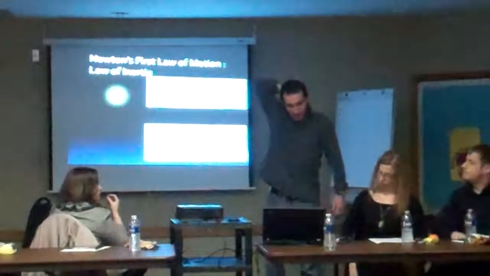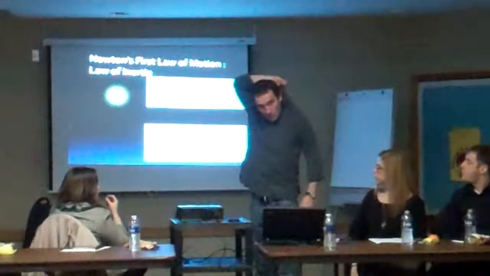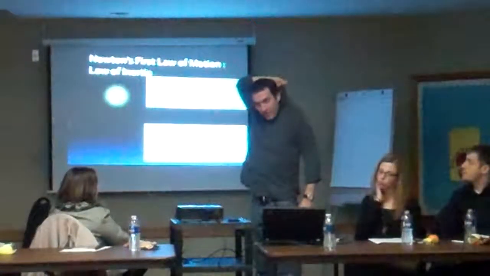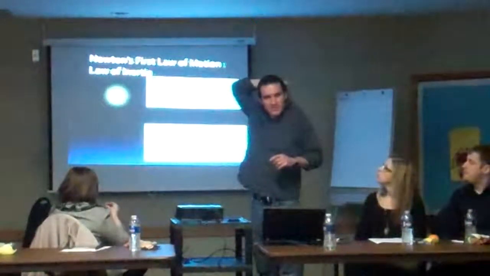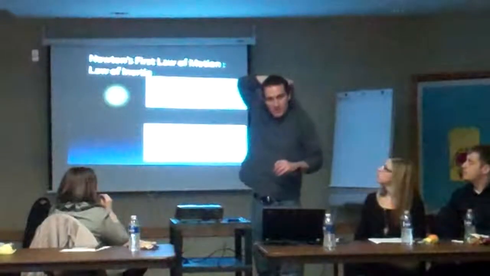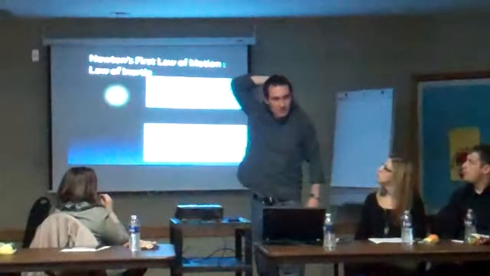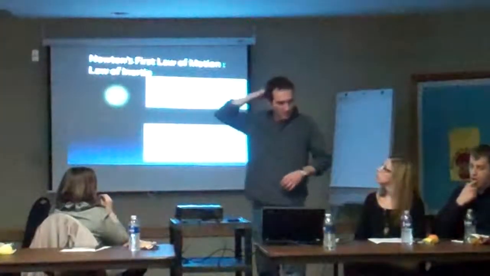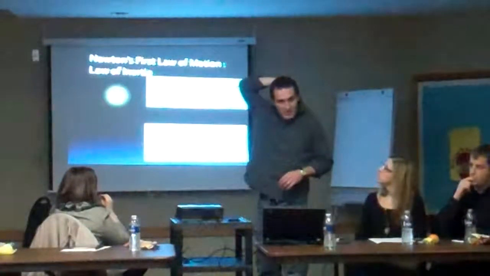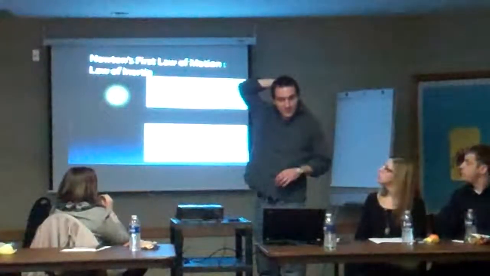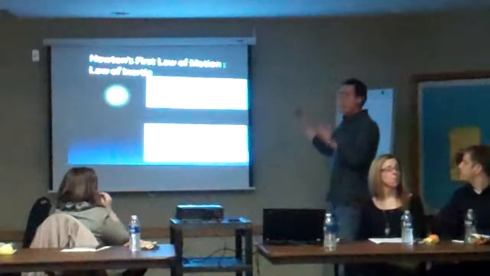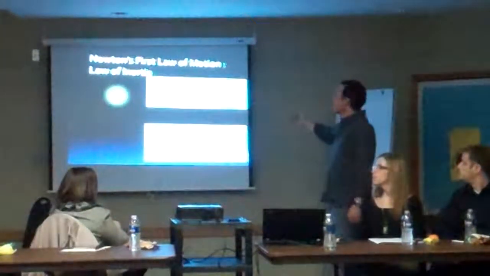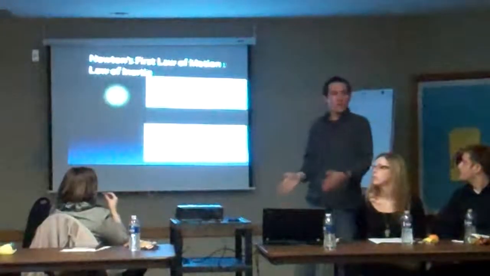All right, let me give you a very simple example. Can I pull myself above the floor? All right. Why that's the case isn't real simple. You should think about why that's the case. But the simple answer is that there's no external force. All the forces are internal. My shirt is pulling on my hand just as much as my hand is pulling on my shirt. Okay? So an object at rest tends to stay at rest unless acted on by an outside force, and an object in uniform motion. What do we think that means?